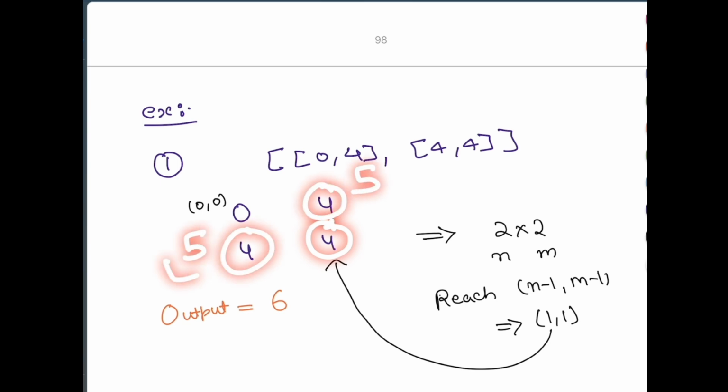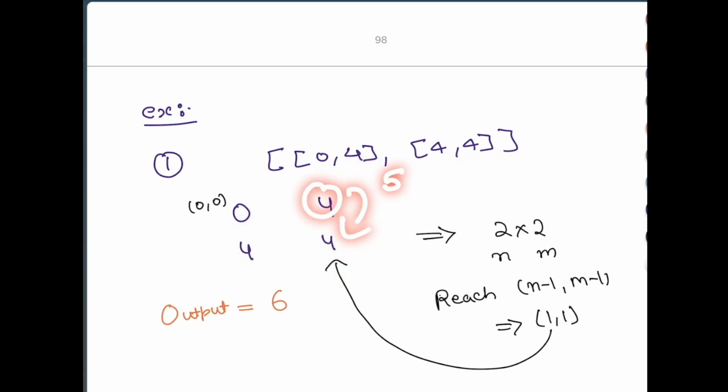So the current time is 5 seconds, right? So the wait time for this room is already over. Now it's about how much time it will take to reach this room. Just 1 more second, right? So if we start moving from this point to this point, it will take 5 plus 1 equal to 6